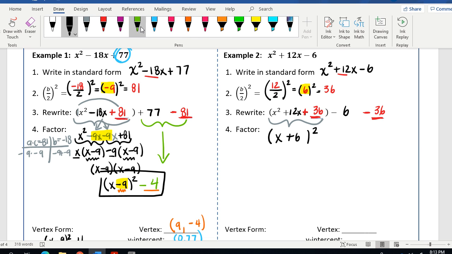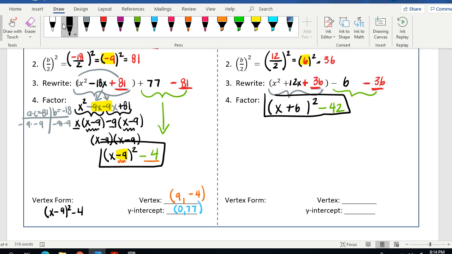And then my last step is I can combine negative 6 minus 36, which is negative 42. And you have just converted from standard to vertex form. So let's come down here and write that. So I have x, or I'm sorry, x plus 6 squared minus 42. My vertex is, got to do the opposite, so negative 6